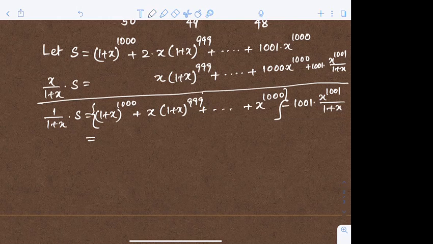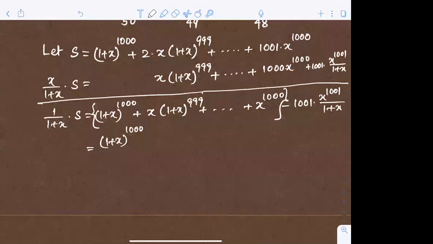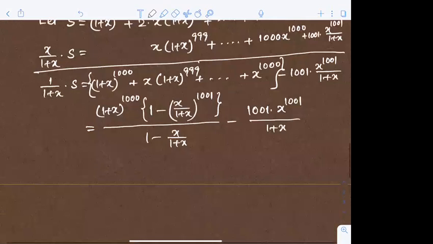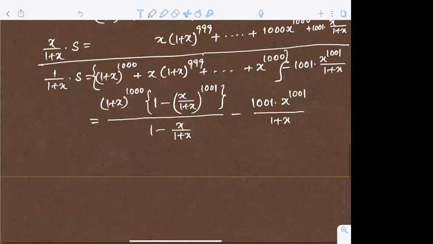তাহলে জিপির ফর্মুলাতে কি হয়? a into (1 minus r to the power n) divided by (1 minus r), ঠিক আছে, এটা হচ্ছে জিপির ফর্মুলা। আর এখানে আমার অলরেডি 1001 into x to the power 1001 divided by (1 plus x) এটা আছে। তাহলে দেখা যাক কি আসছে। আর একটু ফার্দার সিম্পলিফাই করলে